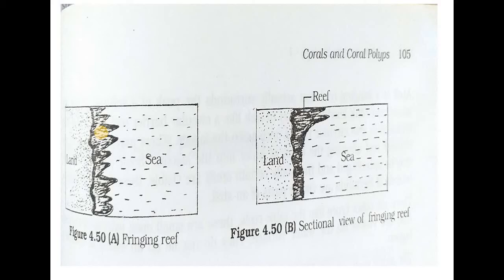And this figure also shows the fringing reef. It is described as a large massive corallium that is seen on the shore and it projects into the sea. This is the most common type, seen in the warm clear water of the world. Fringing reefs are seen around an island, forming a border around the land masses that face the sea.